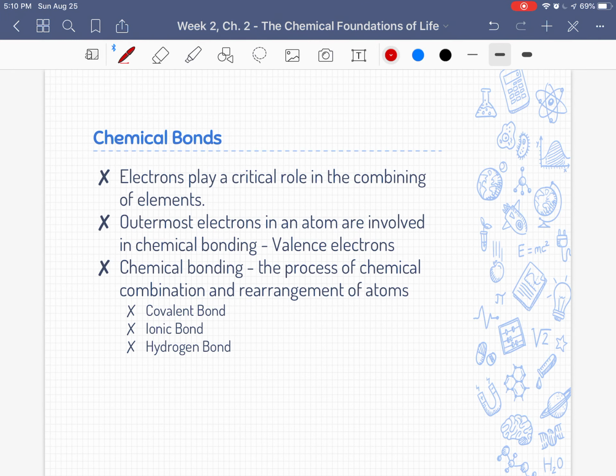All right, so chemical bonds allow for the combination of elements, and the whole goal of that chemical bond is to fill the valence shell. Okay, we want stability. So atoms want stability in their lives just like we want stability in our lives, and they do that through bonding. So there are 3 types of chemical bonds that we're going to talk about, and we're rearranging atoms. So we're not changing the atom themselves. However, when we have a chemical bond, it can change the way the atom behaves.